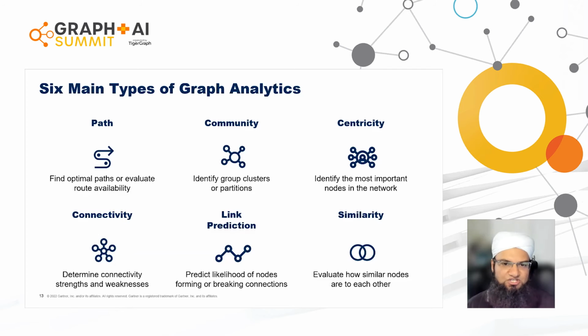Then you have centrality, which enables identifying the most influential people in a network, or you can find the most highly relevant set of entities, like web pages in the PageRank algorithm. So any problem that involves ranking or measuring the influence of something is a centrality problem. Then you have connectivity analysis, which is applied for determining weaknesses in networks or single points of failure, such as in utility or power grids, but also in things like supply chains. It also enables comparing connectivity across networks.